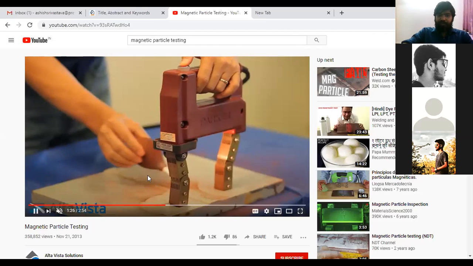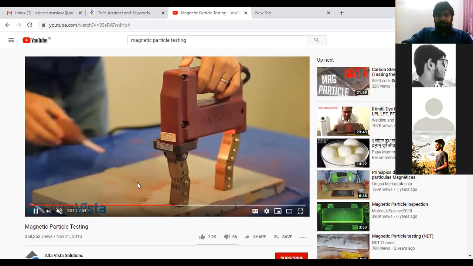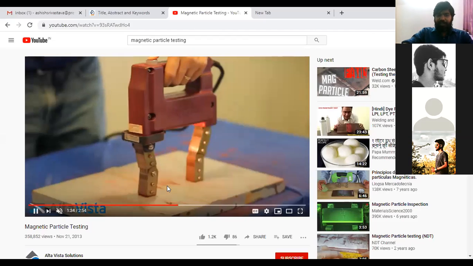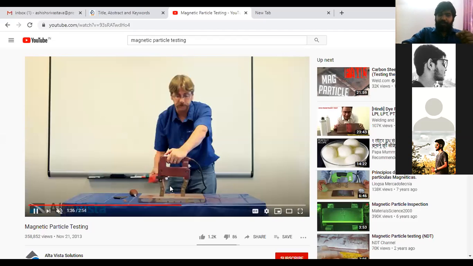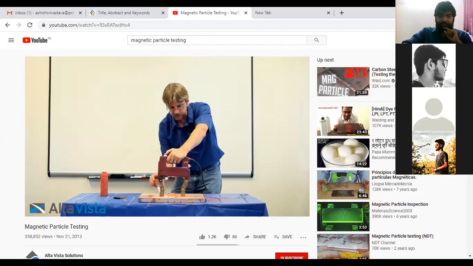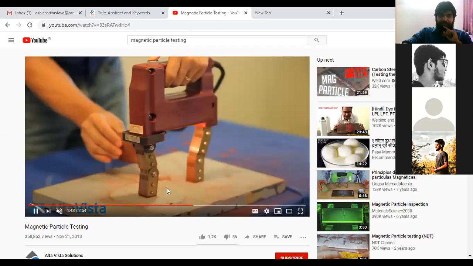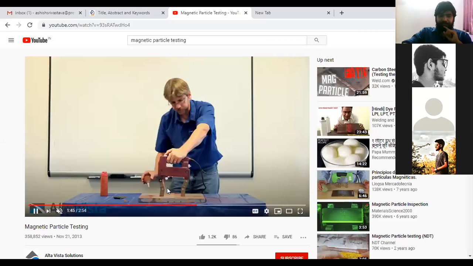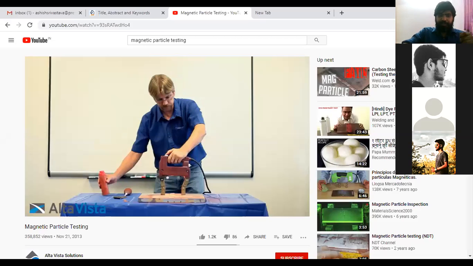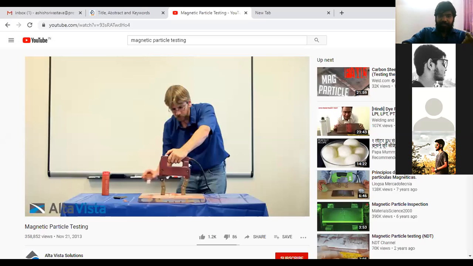Now this is to remove the excess ferromagnetic particles or iron particles. Wherever there is a crack, those particles are going to get filled into that particular crack. You see, we are removing the particles. Now again spread the ferromagnetic particles.